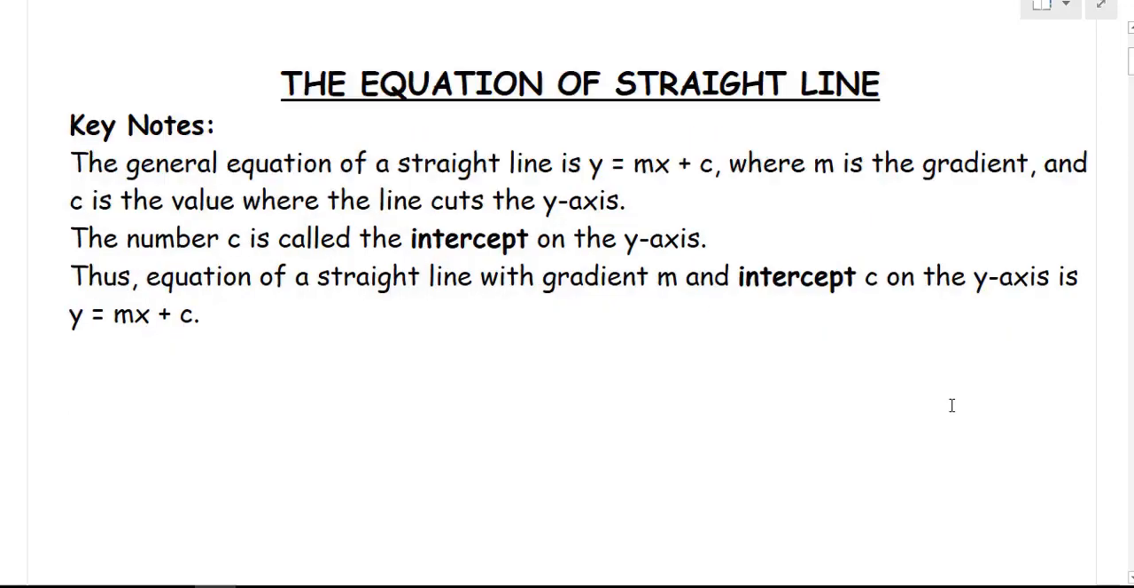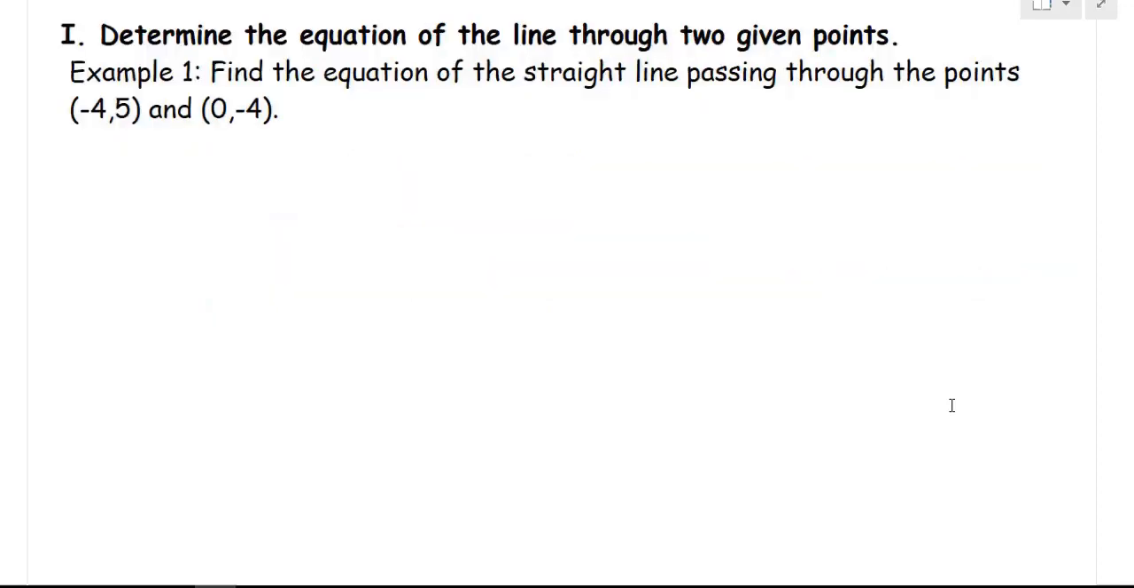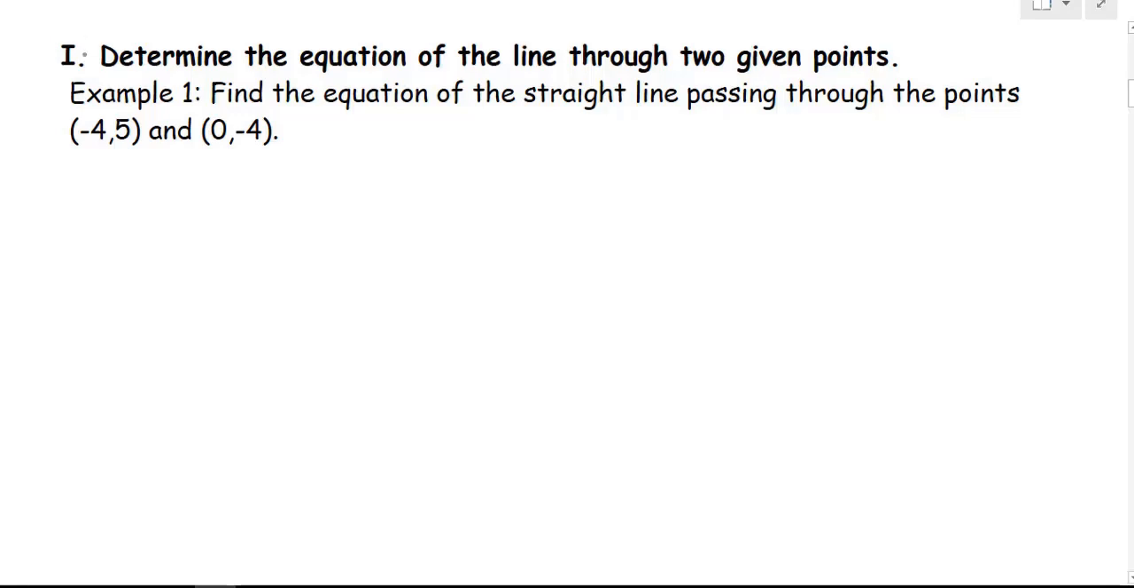The lesson will look at the equation of a straight line based on 6 areas. In the first area, we are going to determine the equation of the straight line given 2 points. Example number 1 in this area is: find the equation of a straight line passing through the points (-4, 5) and (0, -4). Note we require the equation of this straight line in the form y equals mx